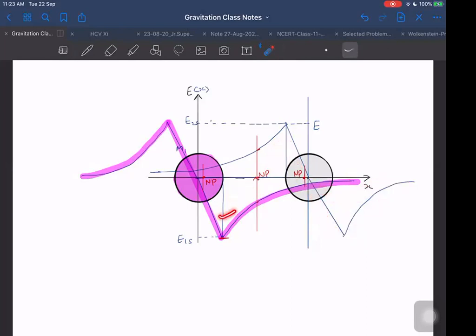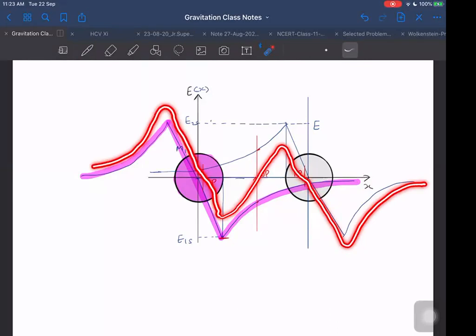Means it will be something like this way, then little less peak here, 0, and then more, and then this, and then this. And on the other side this way, and then little more peak here, and then this, and then this. Something like this in return, right or not? By adding these graphs. Okay. This you should be able to do. Adding both the electric fields. Means what is the idea?